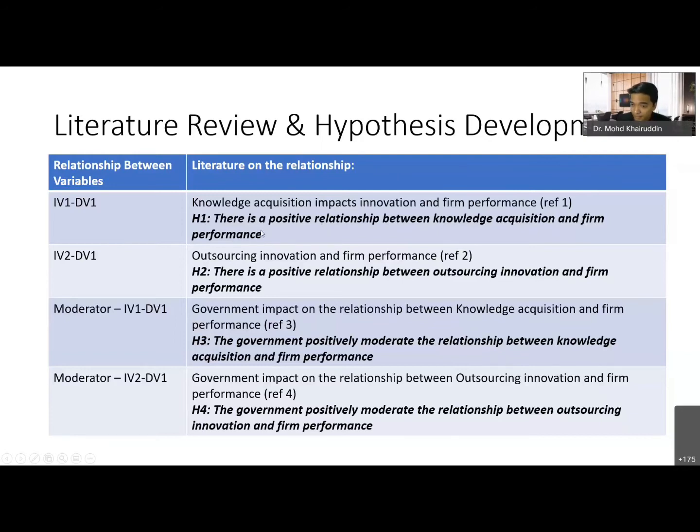It's okay then. So when the panels look into your relationship, you prove that you have the literature on the relationship. It's not coming out of nowhere, you are not just getting it from the sky. You are getting this from previous studies to support your hypothesis development. Then you do the same thing for H1, H2, H3 up until H4. So you have everything in your slide presentation already, and you address everything without having to put so many things in your proposal defense.